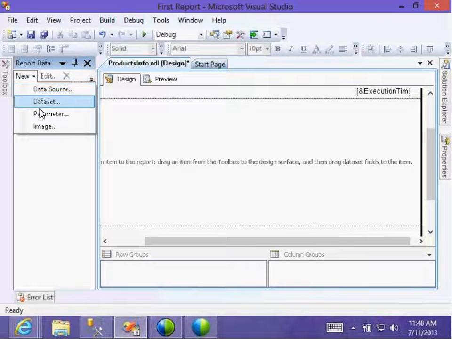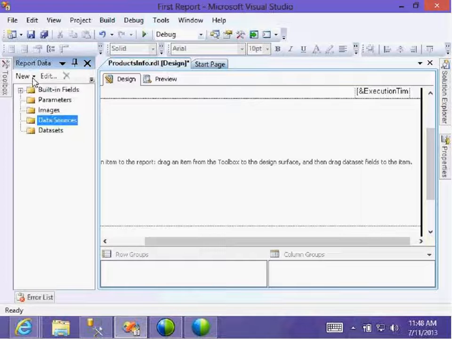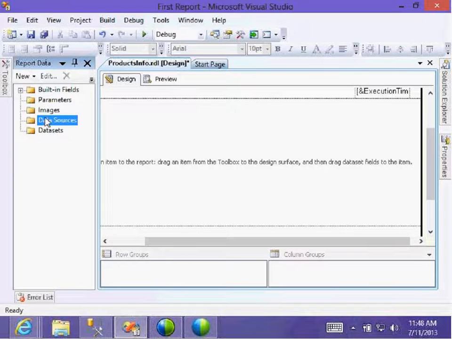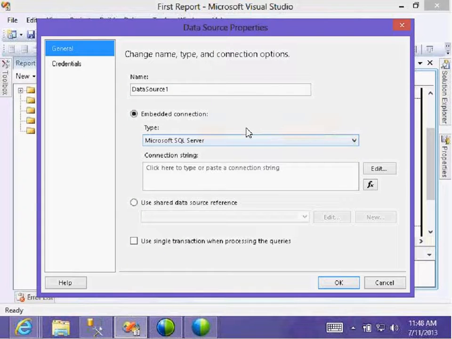Yeah, the data source data set is not displayed here; it will be here. Okay. Add the data source like this. So then I get this data source for this particular report, and the data source is for the entire reports.